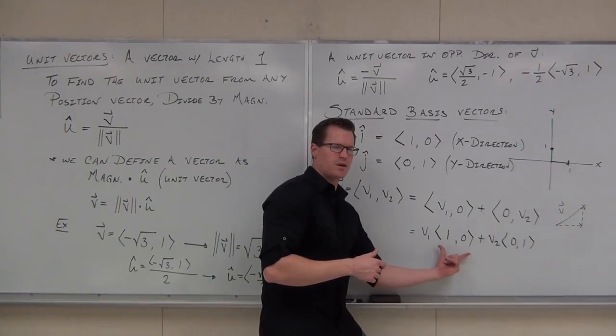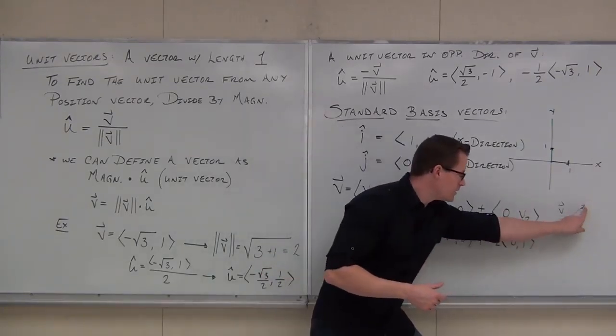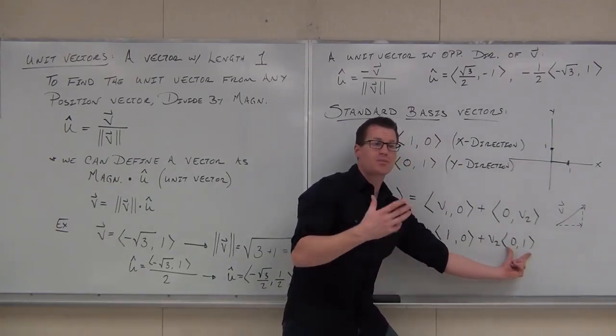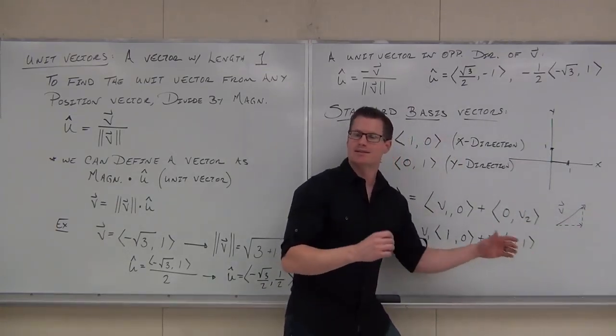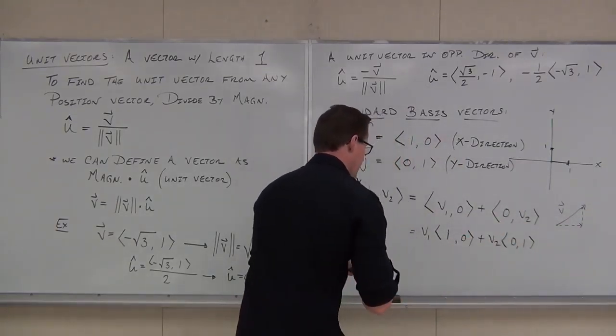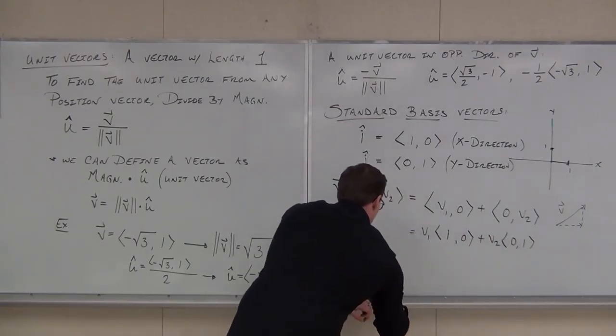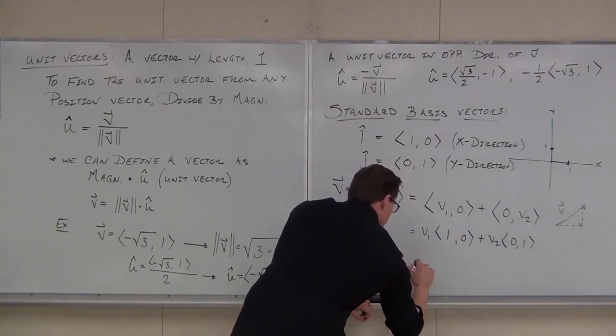What is the vector 1, 0? Come on. It's up. Plus something, a scalar times j. It's saying this. I can redefine any vector